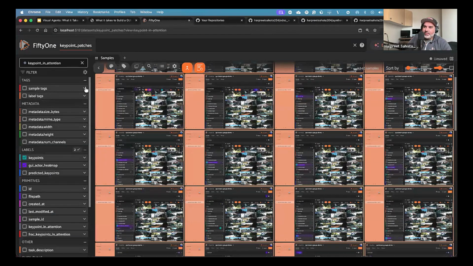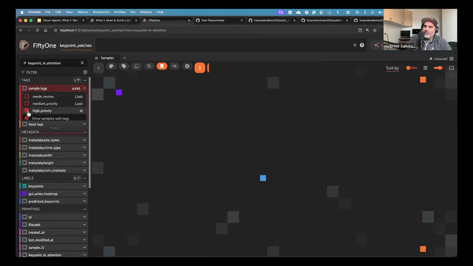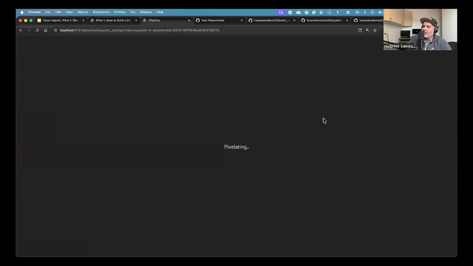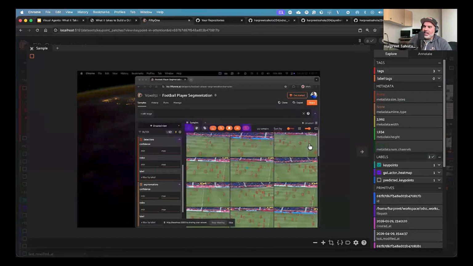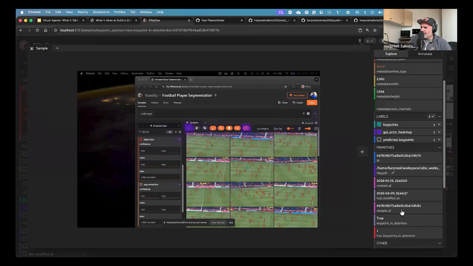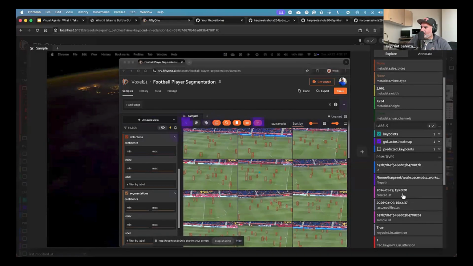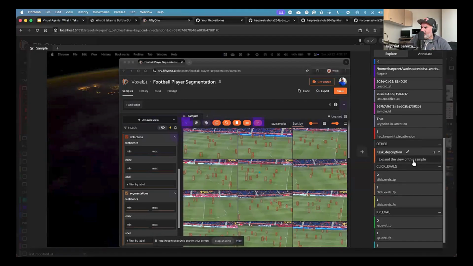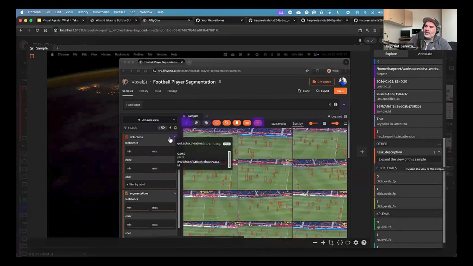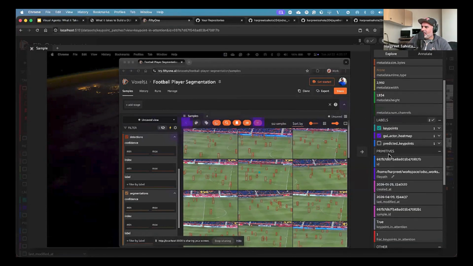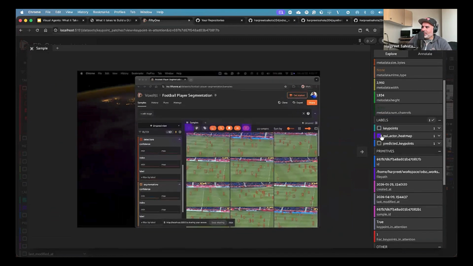Sample tags here. And I could see, okay, these are high priority samples where the model was not looking in the right spot and the prediction was completely off. So in this case, the task was, expand the view of this sample, right? So we could highlight here, where's the key point at? I can't see where the key point is lighting up, but